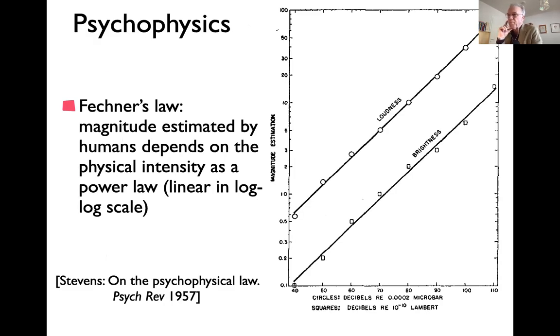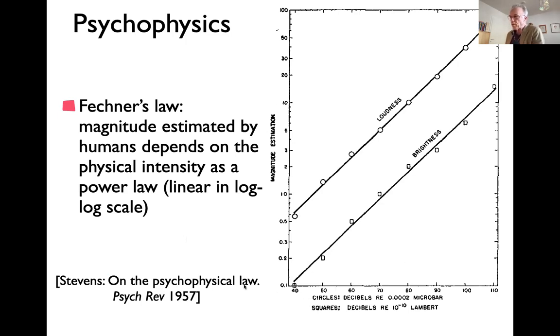So here's just a classical example, Fechner's law, where you're asking people to estimate the magnitude of some stimulus. It's very intuitive, they just have to give a measure, and they can do that reproducibly. Once you give them a scale, they have to show that on the scale. And you can look at how their judgment, here on the vertical axis, depends on the physical intensity of whatever it is. In this case, there's a brightness measurement for visual percepts and a loudness measurement for sound. It doesn't actually matter what the absolute scale is. The interesting dependence is the change with the physical thing.